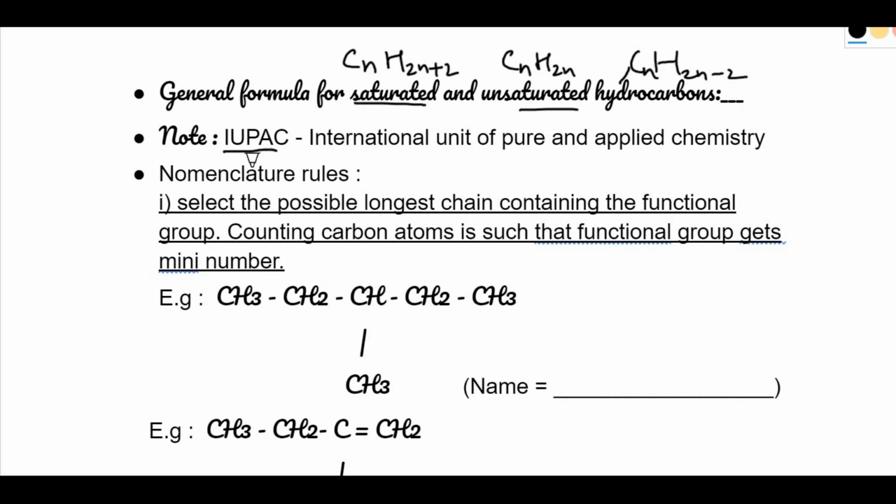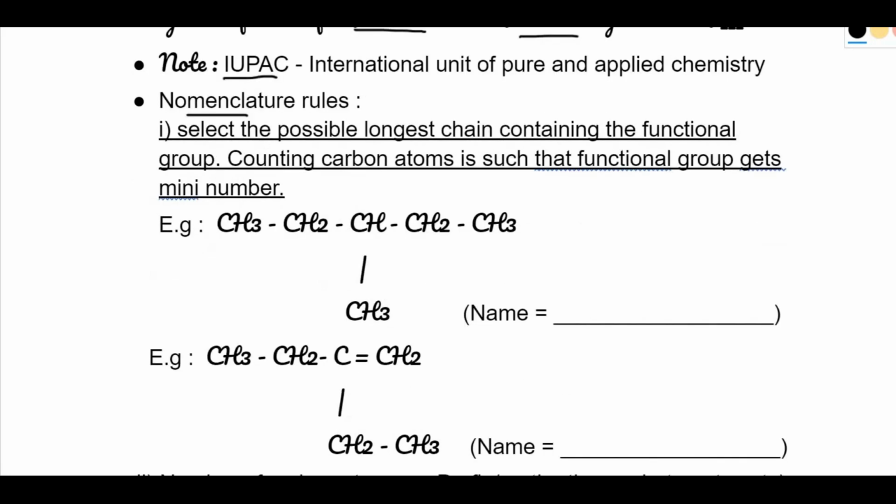Coming to IUPAC. What is the expansion or abbreviation for IUPAC? International Union of Pure and Applied Chemistry. Nomenclature types. How do you do the naming? Now this one is an alkane. So we have to see this additional alkyl group. CH3 is the alkyl group. Is it attached to which numbered carbon? Left to right or right to left, you count. This attachment comes to the third carbon. So we number like this: 1, 2, 3, 4, 5. If you number from right to left, it is also the third carbon. So at the third carbon, you have the alkyl group, right? So you can call the IUPAC name